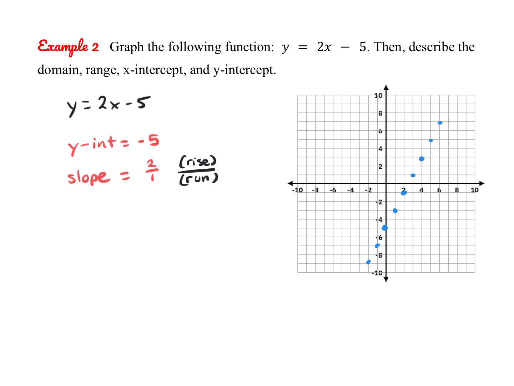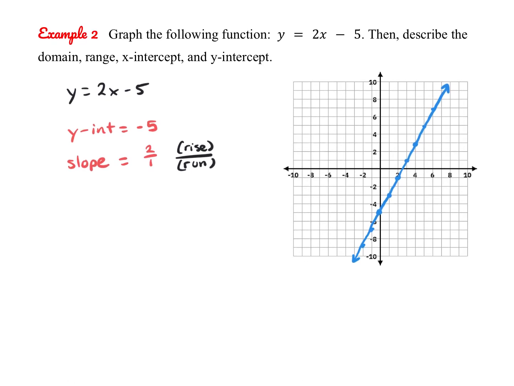And then once I have plenty of exact coordinates, I'm just going to connect my dots in a straight line, and make sure you place arrows at the end of your graph. So now that we've graphed it, we can define the domain and range. Well, hopefully we know that since it's a linear function, both the domain and range should be all real numbers,